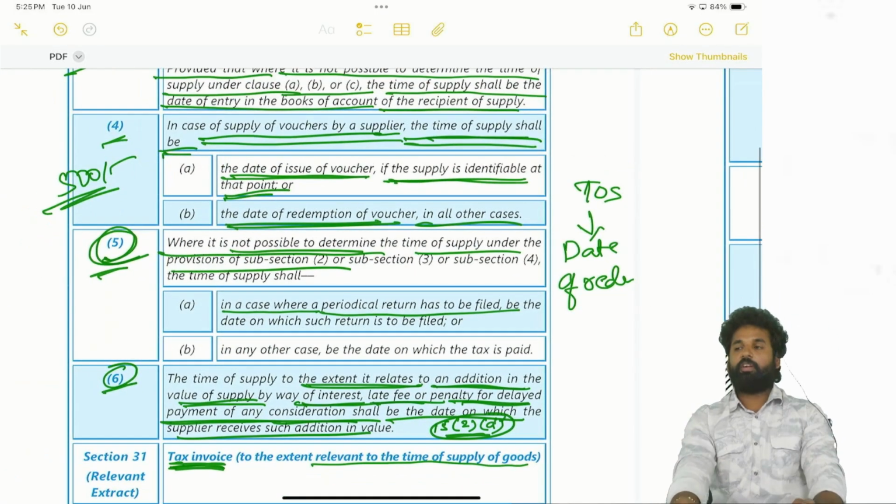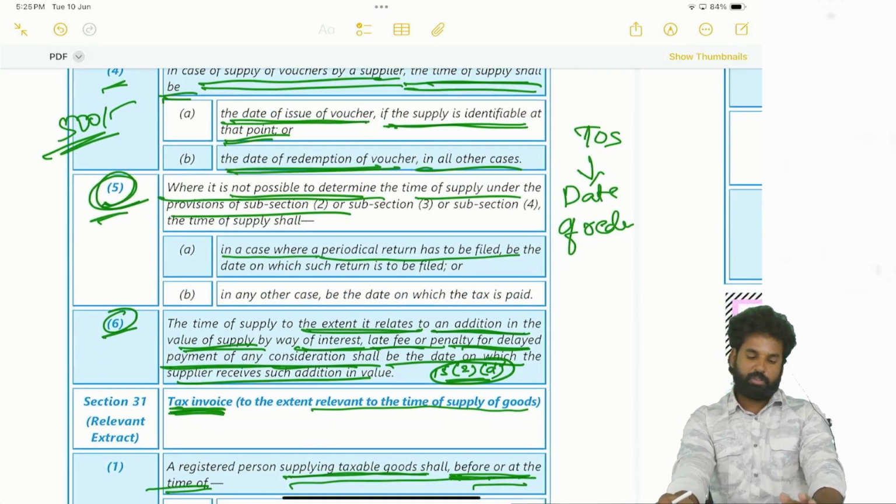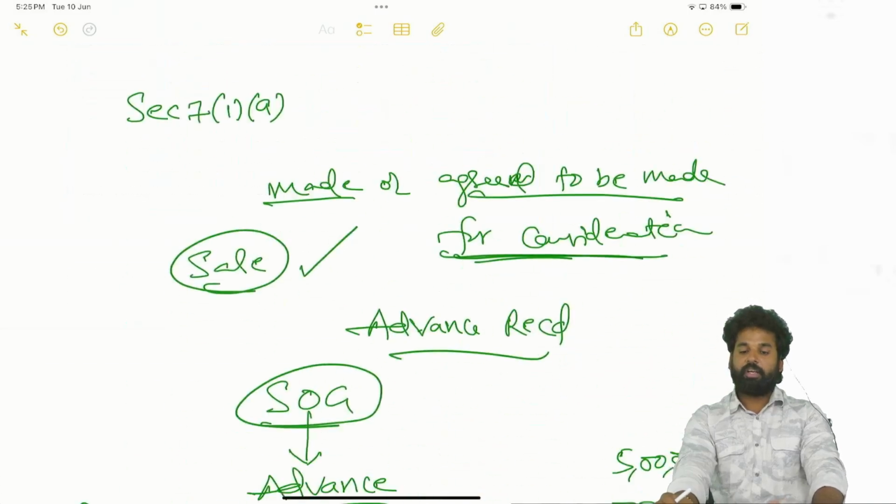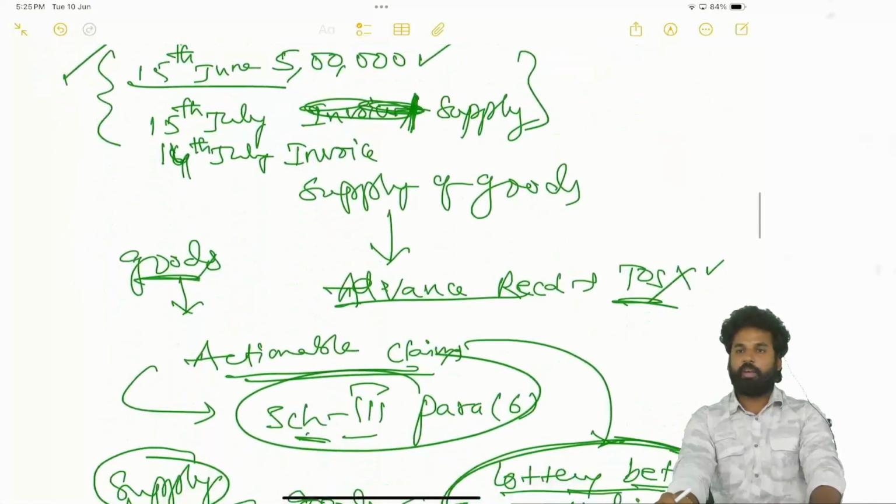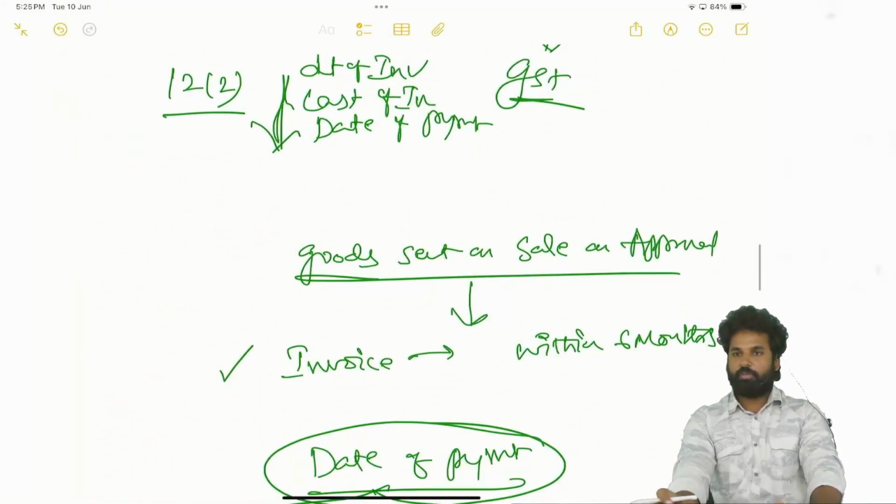Whenever time of supply cannot be determined as per subsection 2 or subsection 3 or subsection 4, this is a residual section where periodical returns are required to be filed. Time of supply will be the date of filing of return. So otherwise, when the taxes are being paid, that will be the time of supply. Okay. Next,